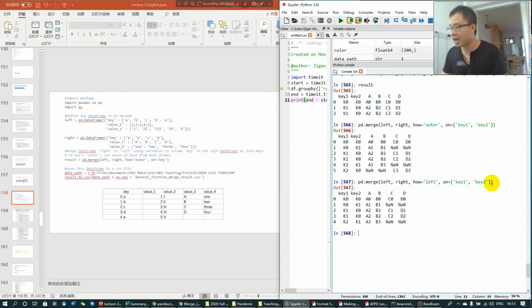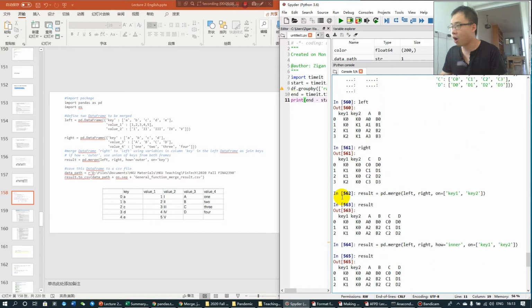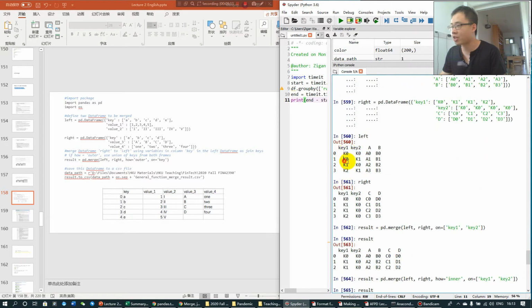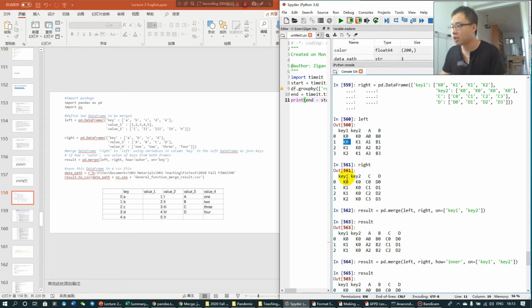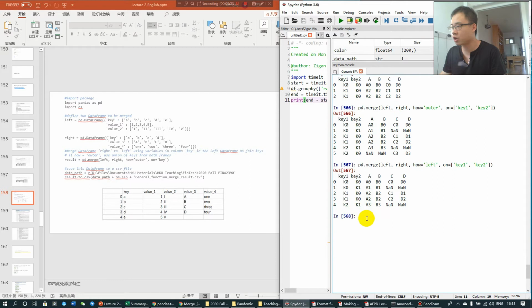If you use left, then all of the identifiers in the left data frame will be retained, but the observations only in the right and not in the left will not be retained. See, here we have 4 observations for the left, but the merged data have 5 observations. Why is that? Because for K1, K0, the right data frame has 2 observations, so it's duplicated for